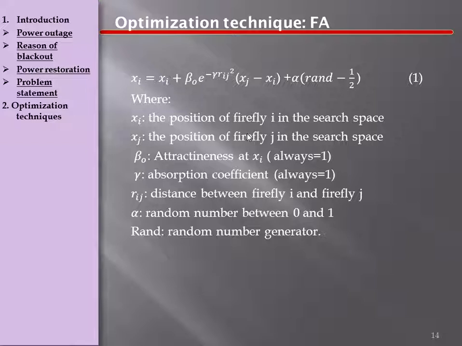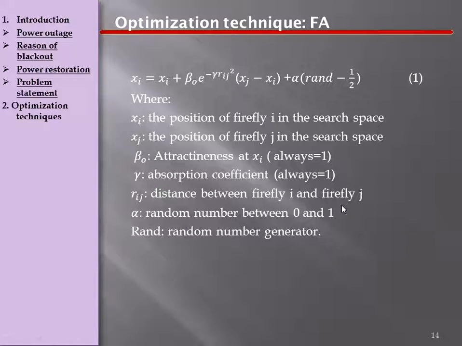Okay, so here is the main equation for the Firefly algorithm, let's read it together. xi is equal to xi plus b naught e to the power minus gamma rij squared times (xj minus xi) plus alpha times (rand minus half), where xi is the position of the Firefly i, xj is the position of the Firefly j, b naught is the attractiveness at r equals zero, gamma is the absorption coefficient and it's always equal to 1,